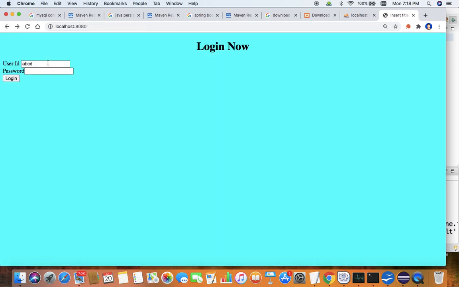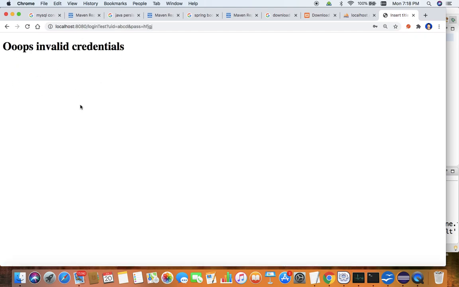If we give something incorrect, either user ID or password, then we will end up with fail.jsp. So this is how we can create a Spring Boot application using a backend database.